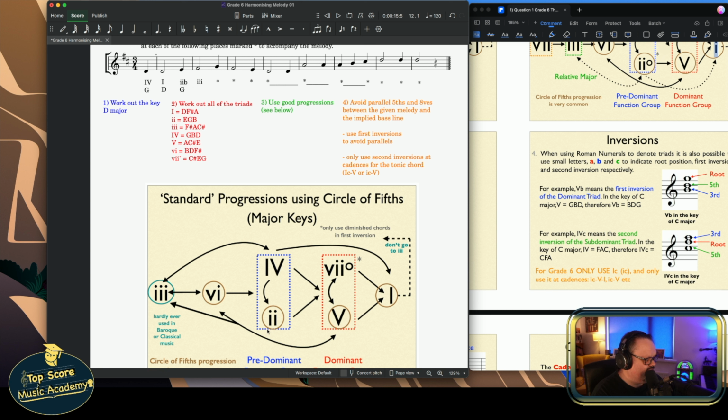But again, 2 doesn't like moving to 3, and we shouldn't really be using 3 anyway for Baroque and classical music. And I suppose the last thing we're left with is chord 6 with the F sharp. But again, it does happen, don't get me wrong. Chord 2 does move to chord 6 sometimes. It does happen, but it sort of goes against the best progressions, or I suppose the standard progressions, not the best, the standard ones. So I'm probably not going to use chord 6 there either. So I'm just going to put that back to being an unknown for now,